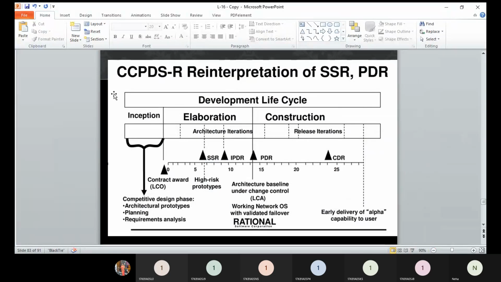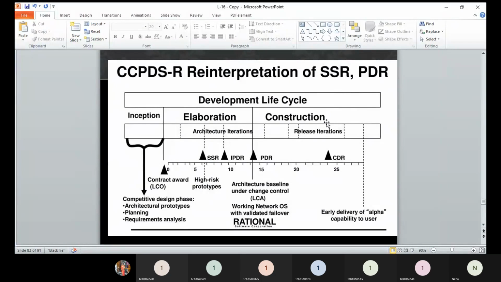These 4 phases are of software project management. Now here in the context of CCPDSR, we have to relate the project portions with these 4 phases. The construction and transition phases have been combined in this diagram, and I will help you understand which phases of the project relate to the software development life cycle.